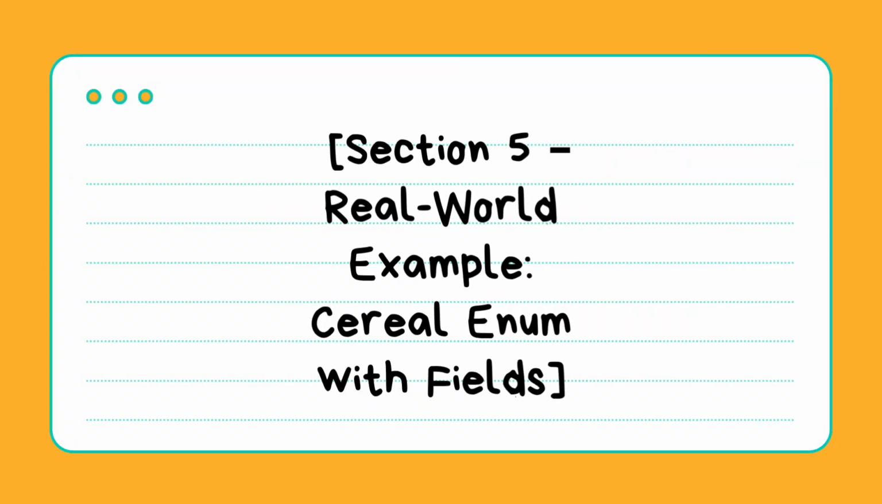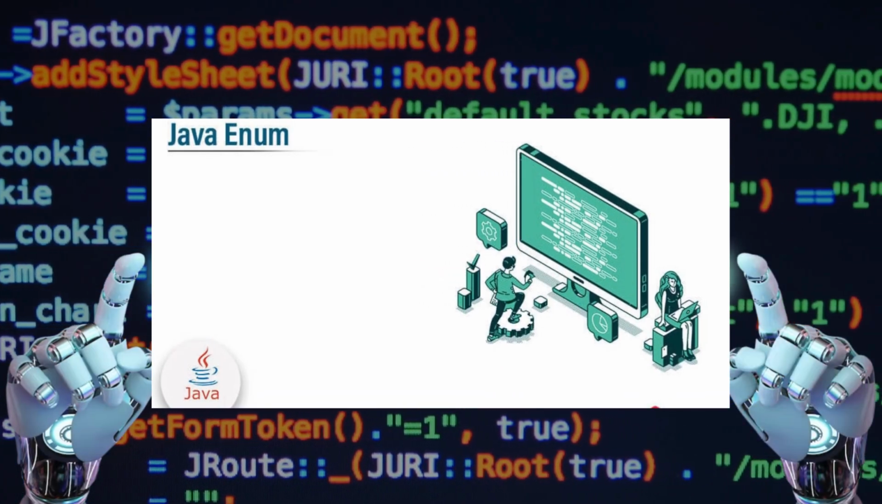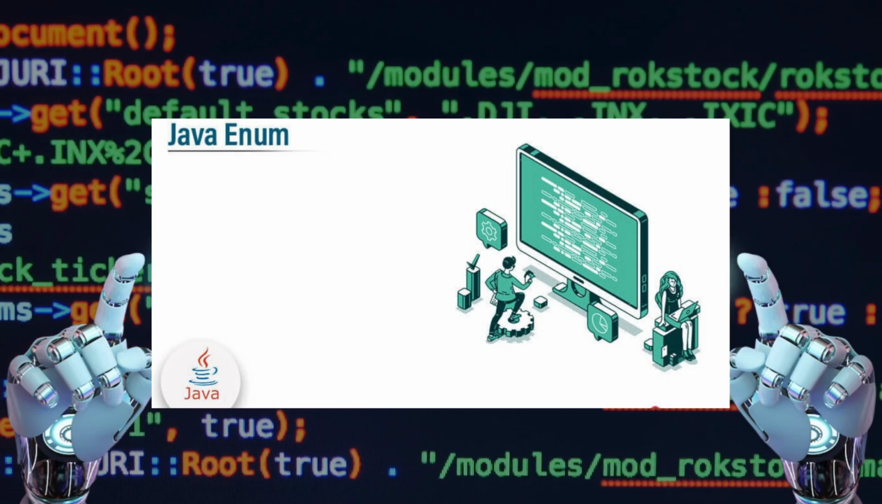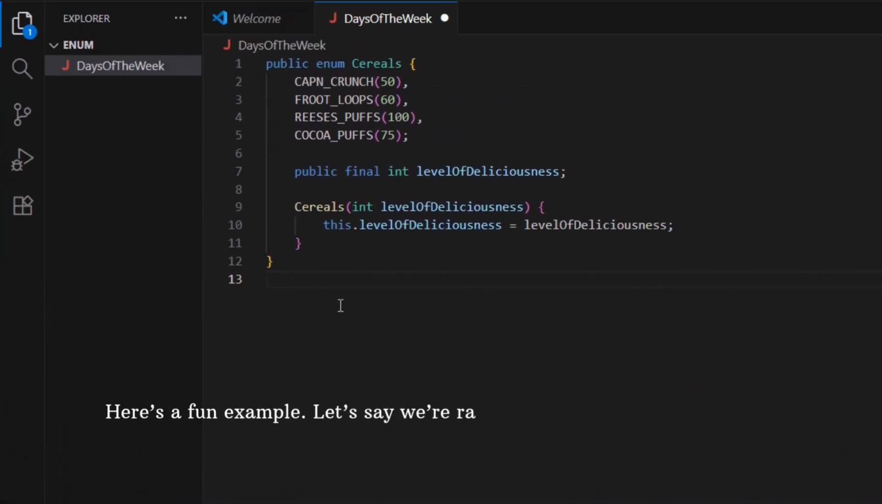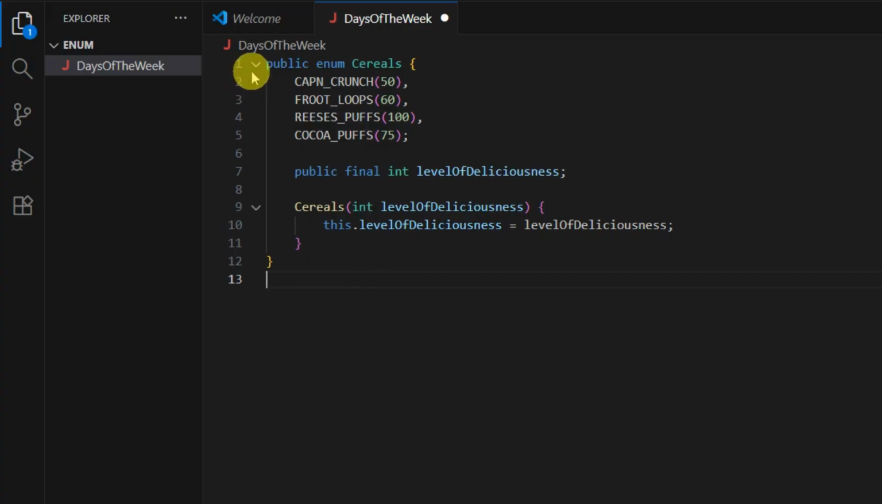Section 5. Real-world example, enum with fields. Let's step it up. Enums can do more than just hold names. They can actually have fields, constructors, and methods, just like classes. Here's a fun example. Let's say we're ranking breakfast cereals by their level of deliciousness. Public enum Cereals: CAPN_CRUNCH(50), FRUIT_LOOPS(60), REESES_PUFFS(100), COCOA_PUFFS(75); public final int levelOfDeliciousness; Cereals(int levelOfDeliciousness) { this.levelOfDeliciousness = levelOfDeliciousness; }